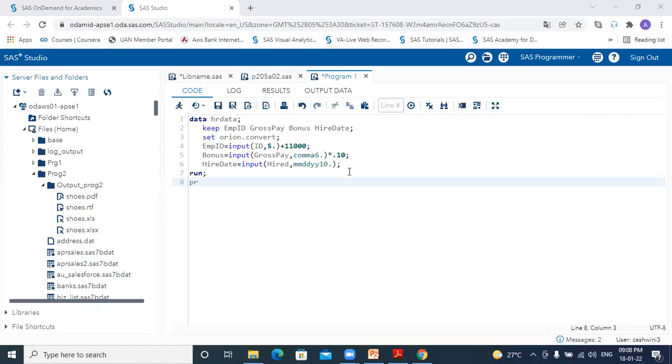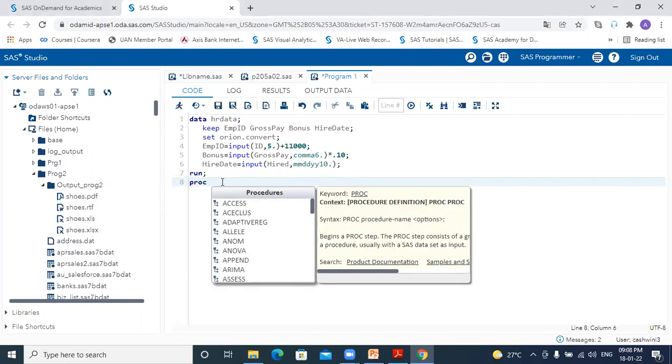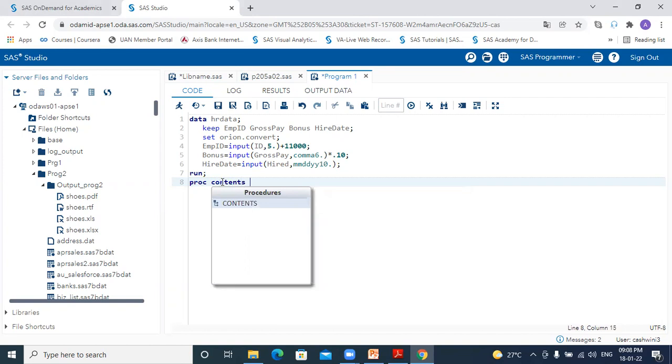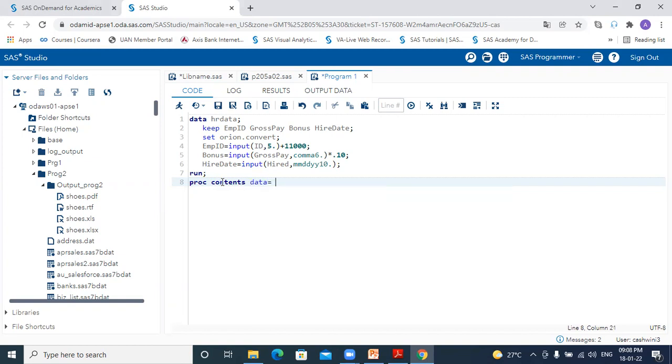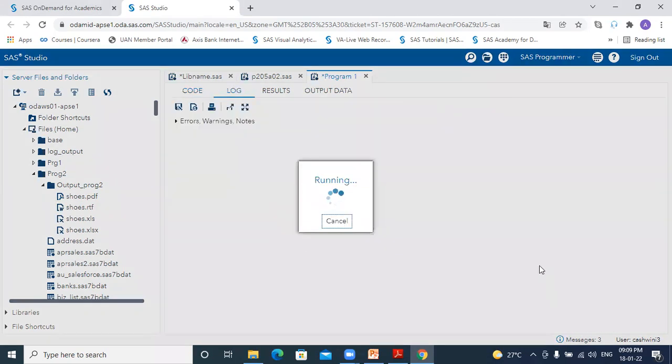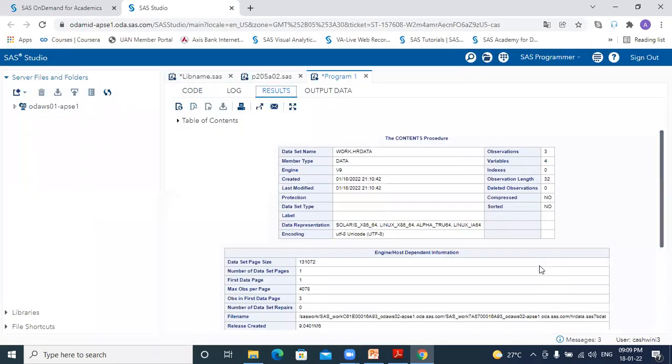Yesterday, what we did wrong and what you did today. To connect with yesterday, let's understand what we did. It's PROC CONTENTS DATA equal to HR data, where we have used the INPUT function, correct? When we execute this and check the contents, we see the new variables which have been created